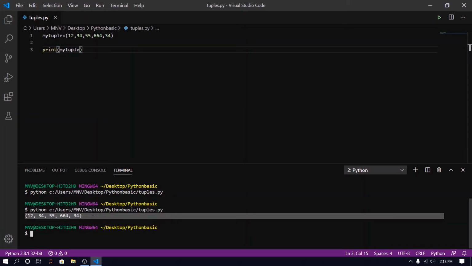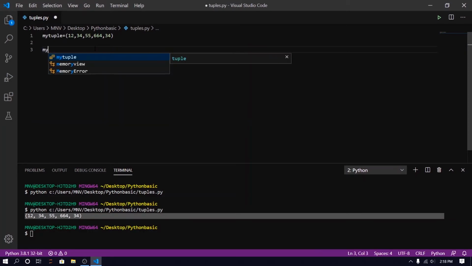Now how can we fetch data from our tuple? We can use it like this: my tuple of 0. Can we use square brackets when we are fetching the data? Yes, we can use square brackets whenever we are fetching data from our tuple. That and only that time we can use square brackets.